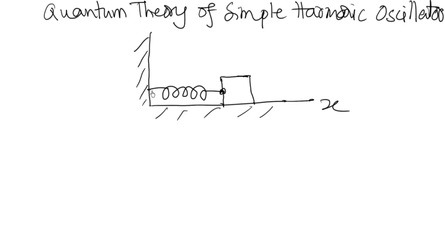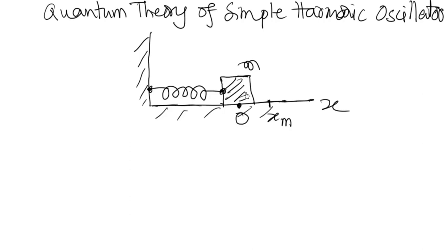One end of the spring is attached to a rigid support. Let us say that the mass of the block is m, and this is the equilibrium situation. Let us suppose that this is the origin. And if we consider that this horizontal surface is frictionless, and if we pull the block to a certain extent, say up to xm, and